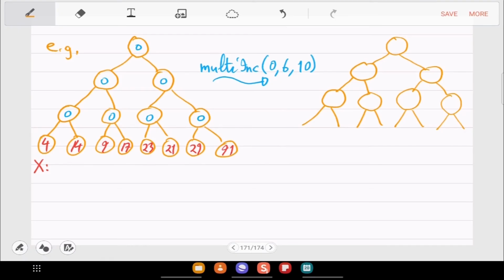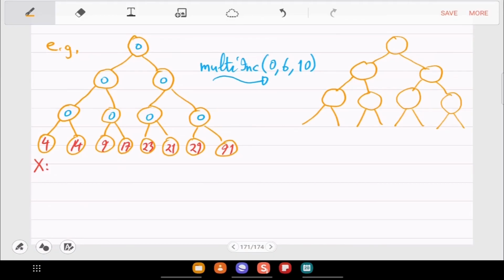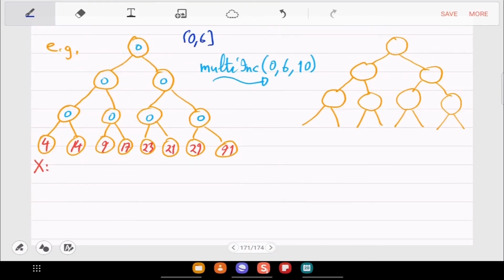So this is what will happen. First of all, how do you decompose 0 to 6? Did we do that before? Yes, first you have to decompose that. It is a bit longer. So 0 to 6 has to be partitioned into 3 or fewer intervals. Let's recall the indexing mechanism. 0 to 7 is the root. 0 to 6 means that you take 0 to 3, then you take 4 to 5, and then you take 6.